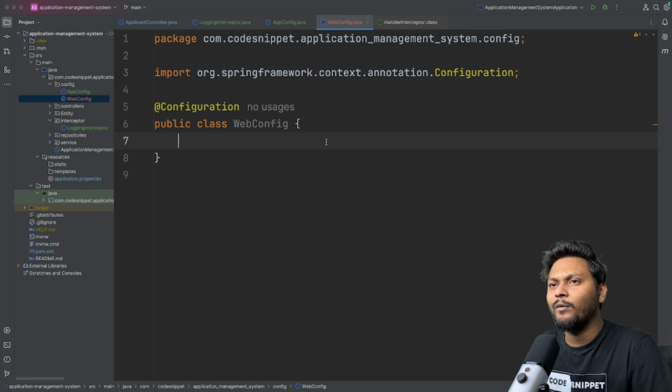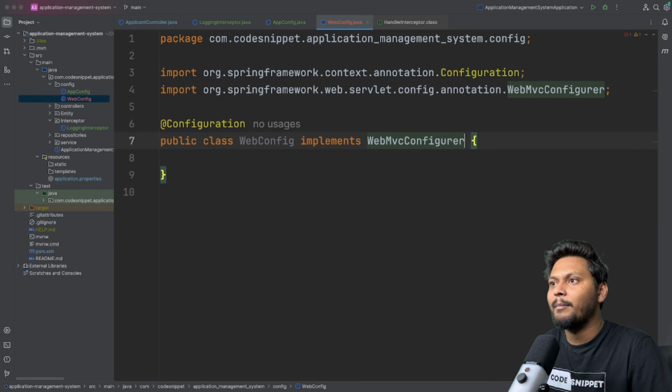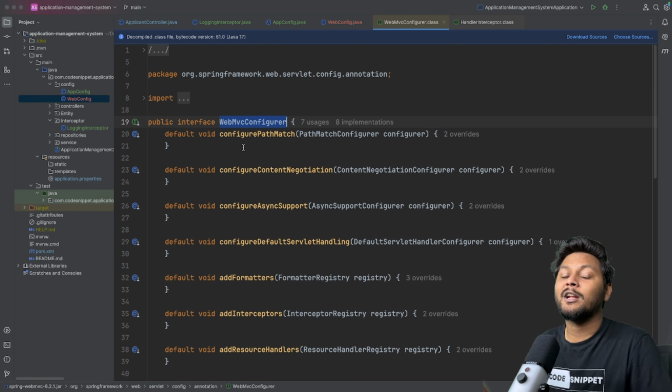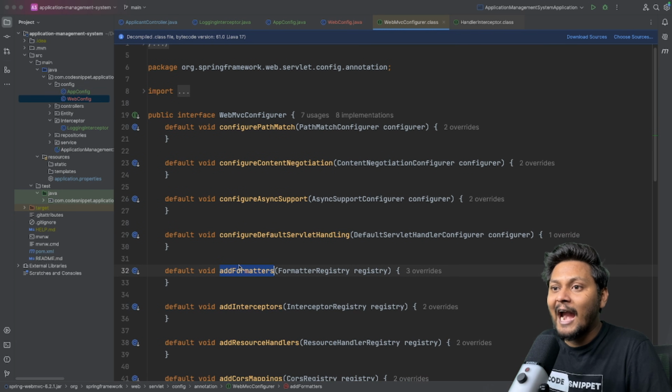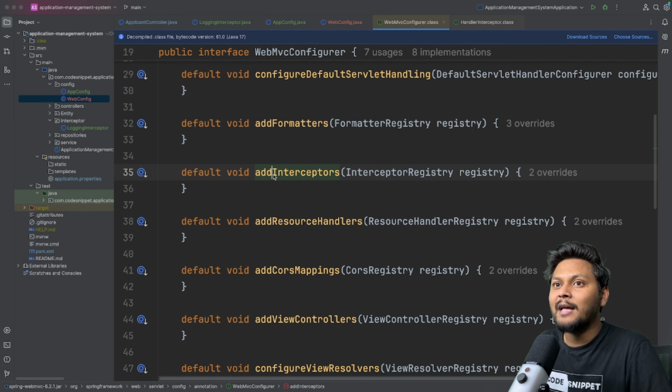So what we need over here is to implement WebMvcConfigurer, right? Now, what is this WebMvcConfigurer? It will help us to register our interceptor, right? We need to register our interceptor. For example, if you see over here, we have this addInterceptors method over here, right? This addInterceptors method will help us to add or register our interceptor so that it will be invoked whenever